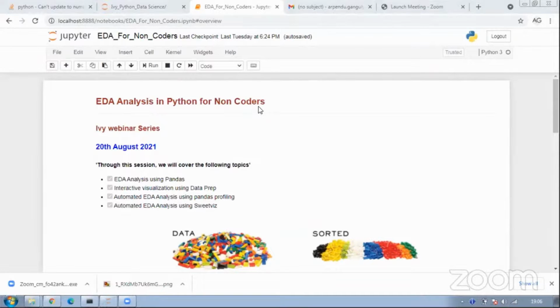What else? Exploratory data analysis, right? If I say exploratory data analysis, what comes to our minds? It's definitely not electronic. From the perspective of data science, it's all exploratory data analysis.